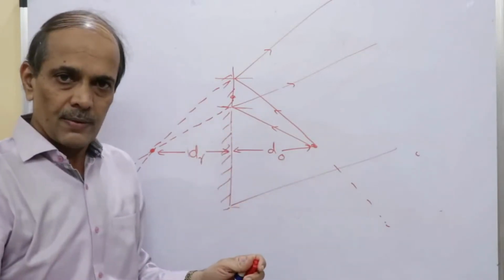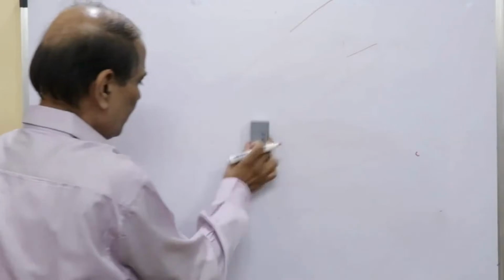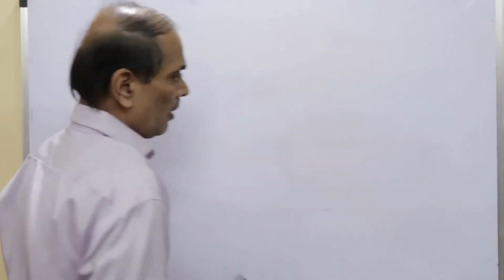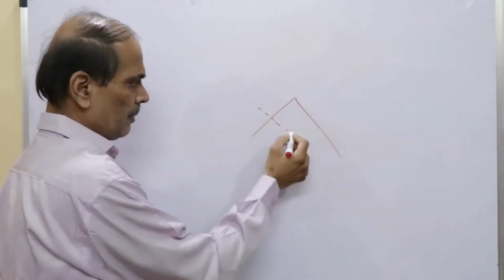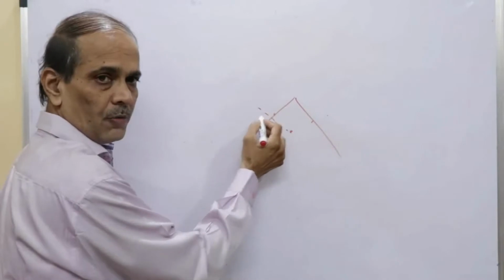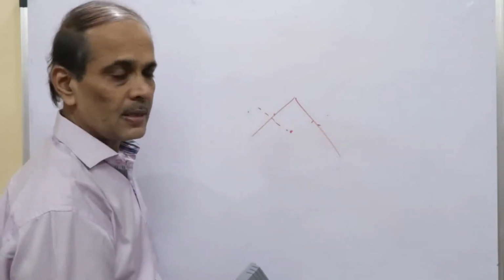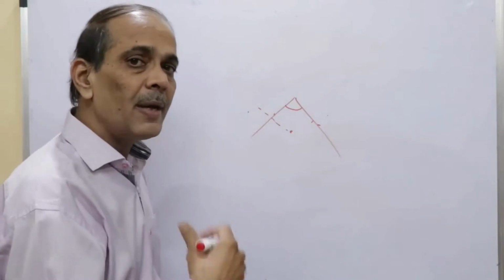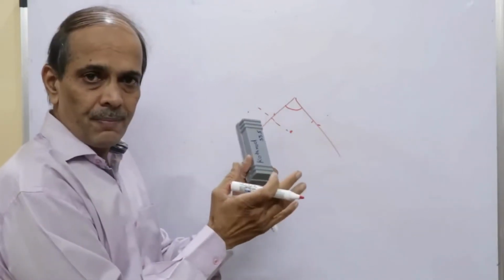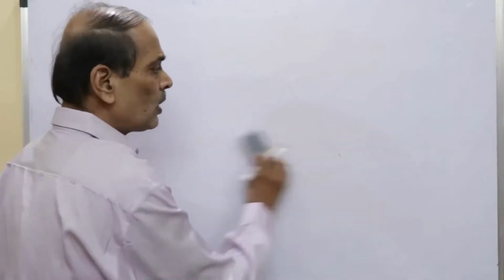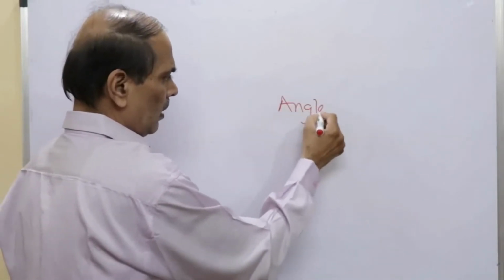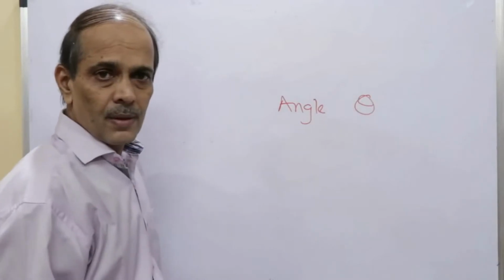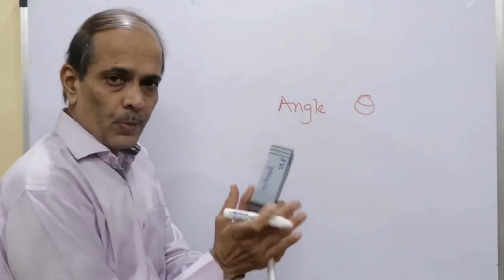Depending on this angle, that will also change. I'll just draw it in a simple way. Two mirrors and one object in the middle. An image is formed. This image gets bounced off, this image gets bounced off, and you get multiple images. And this angle will decide how many images are created by this pair of mirrors. And how to decide that? It is very simple. You know this angle between two mirrors. I'll write it as theta. So it depends on the angle between two mirrors.